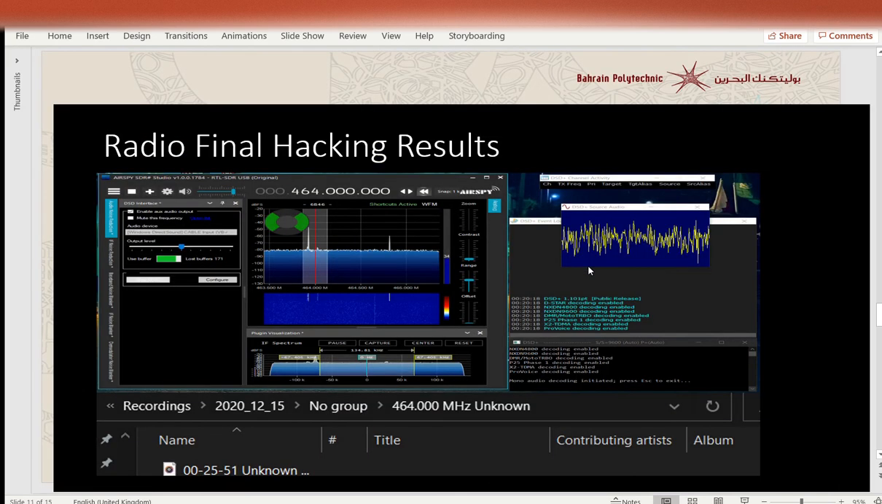Next, we have radio final hacking results. As we can see here, we can see a lot of things going on. On the left side, we have our AirSpy SDR software, and this whole implementation is running on the Windows 10 operating system. I programmed my walkie-talkies on a frequency channel of 464 megahertz. Then I pressed the PTT button to communicate over the two devices, and I was intercepting using the